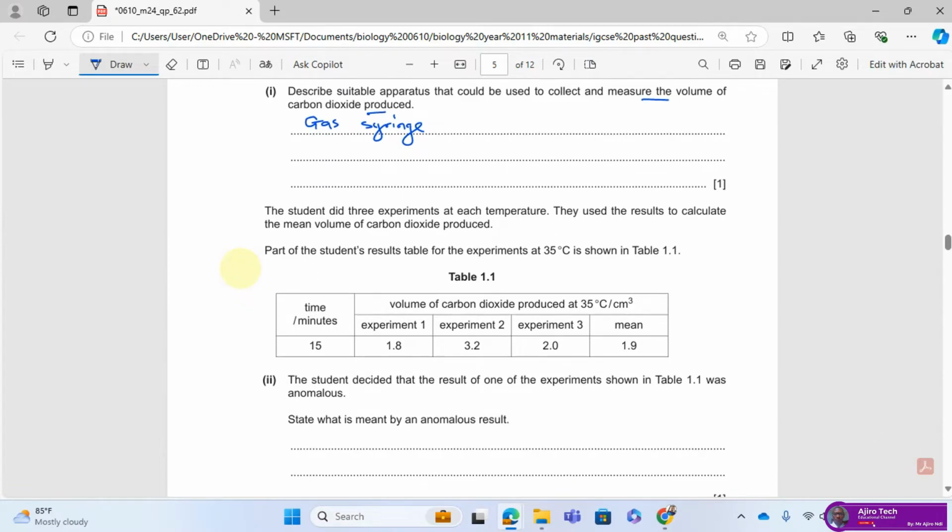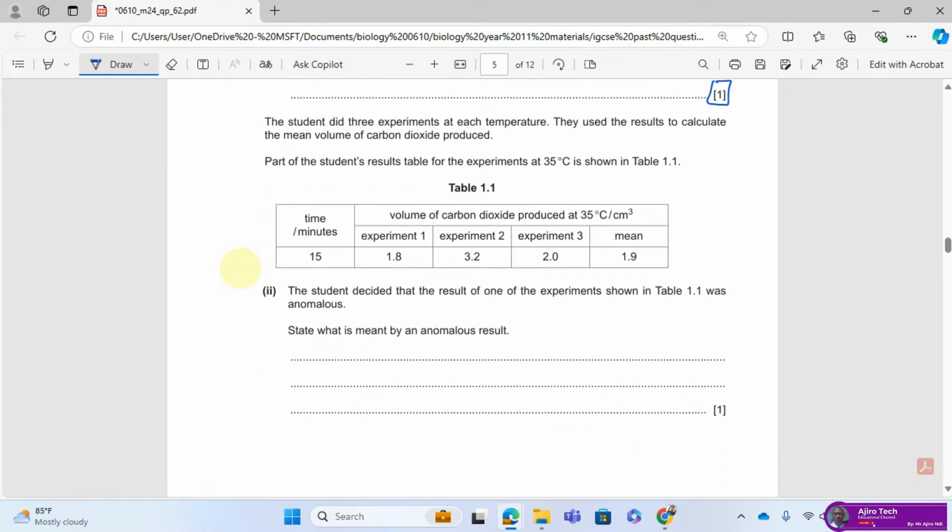But gas syringe is usually the easiest and simplest way, and that's 1 mark. So 1 point is just enough. Now let's go to the next part of the question. There are 3 experiments at each temperature. They use the result to calculate the mean volume of carbon dioxide produced. Part of the student's results table for the experiment at 35 degrees centigrade is shown in table 1.1, and